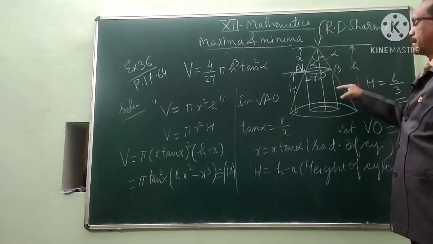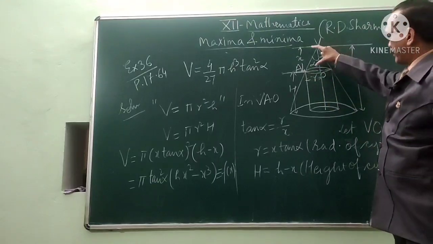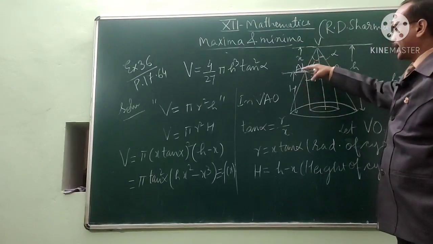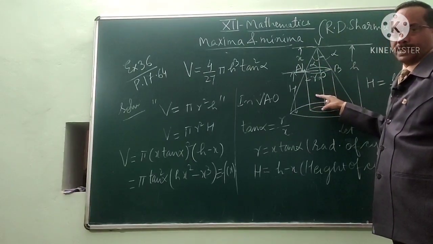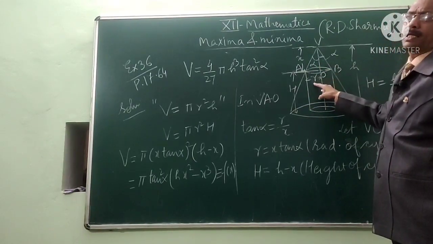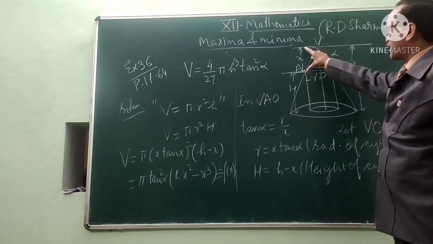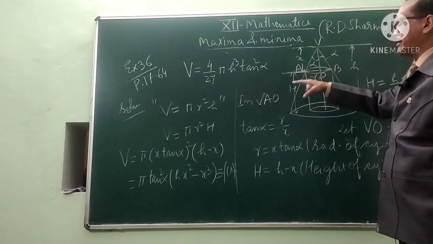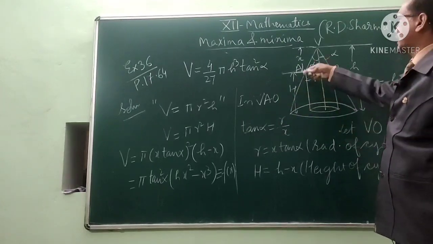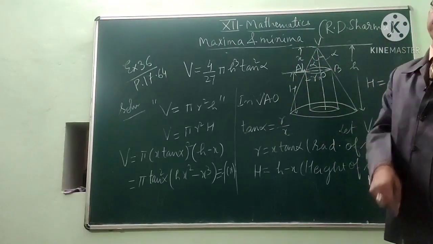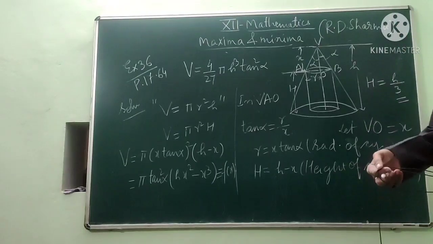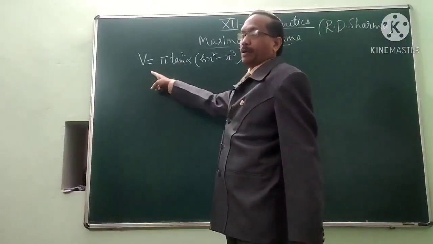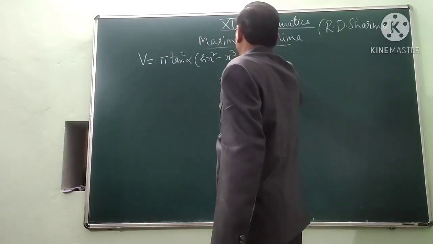Student, there is an important thing, and this x is very important. If we change the value of x, then the height of the cylinder will change and the radius of the cylinder will change. So we will suppose this value as x, and this is the variable part of this particular question, and it is a very important concept. The volume of the cylinder is this, which is a function of x.